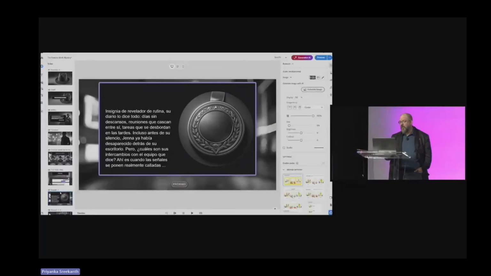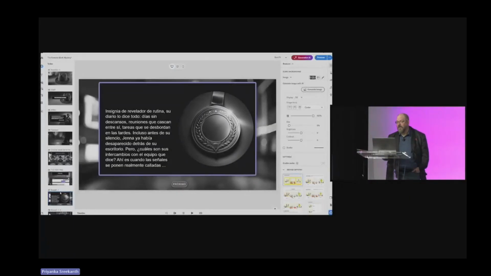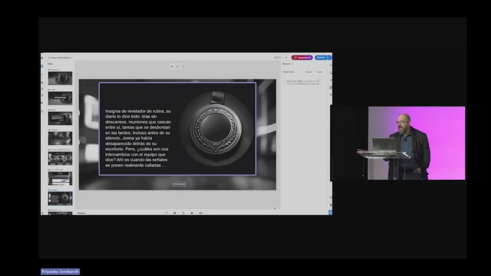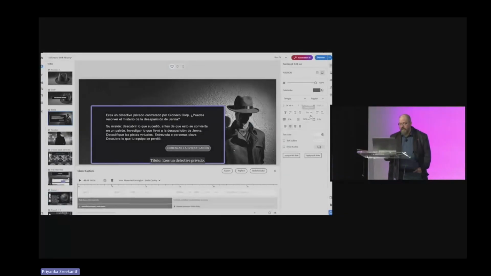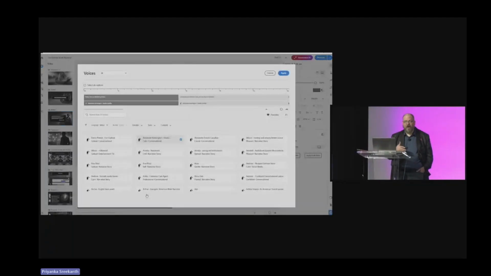But wouldn't it be cool if we could take that one step further and also deal with that audio at the same time? So what happens if I go in here to the audio track and I look at this guy, and we look at the closed captions, which are already set up, right? Now we know from before that we can use the AI generated voices, but these are all AI generated voices in English. Let's go in here and instead choose the drop-down menu to select the language, and we'll choose Spanish